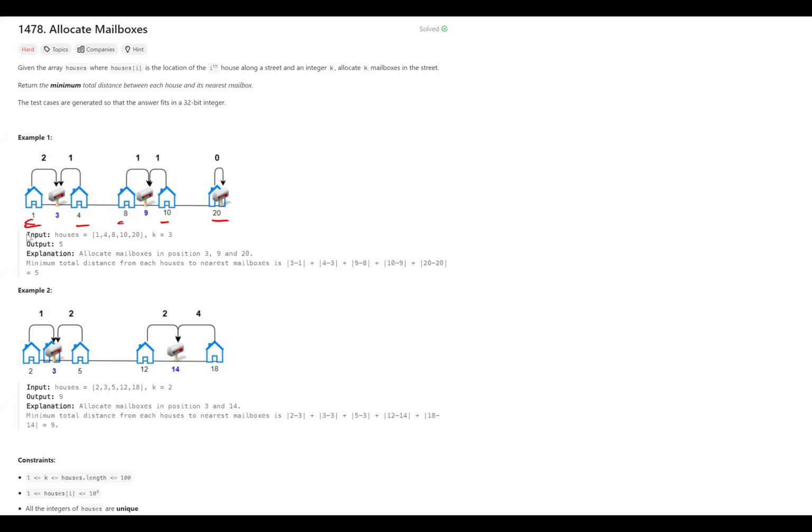So first, the problem statement. We're given an array houses, and the values in this array indicate the location of different houses. You can think of this location as a position along a straight line. And then the second input that we get is an integer value. This value indicates the number of mailboxes. So the problem is we have to allocate these mailboxes to these houses so that the distance to the mailboxes